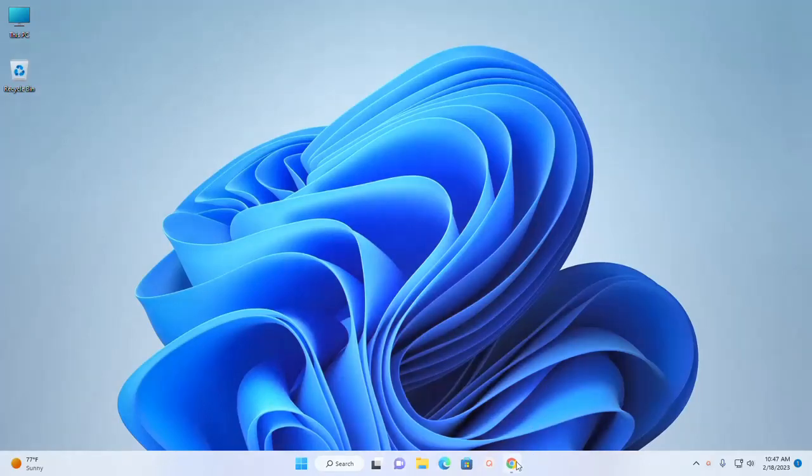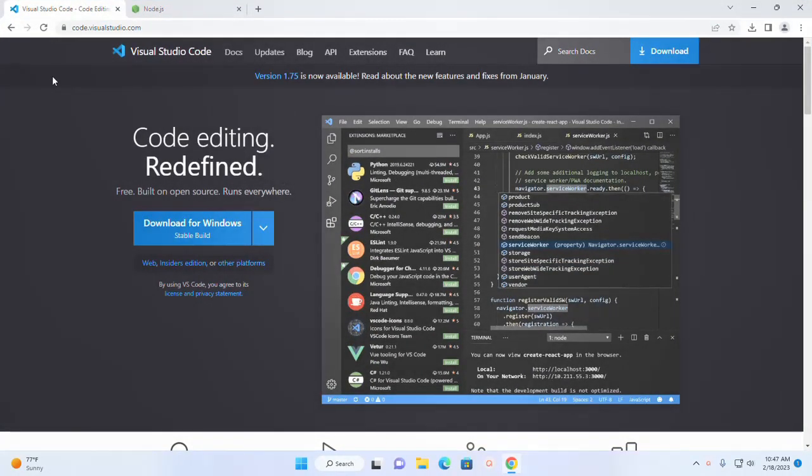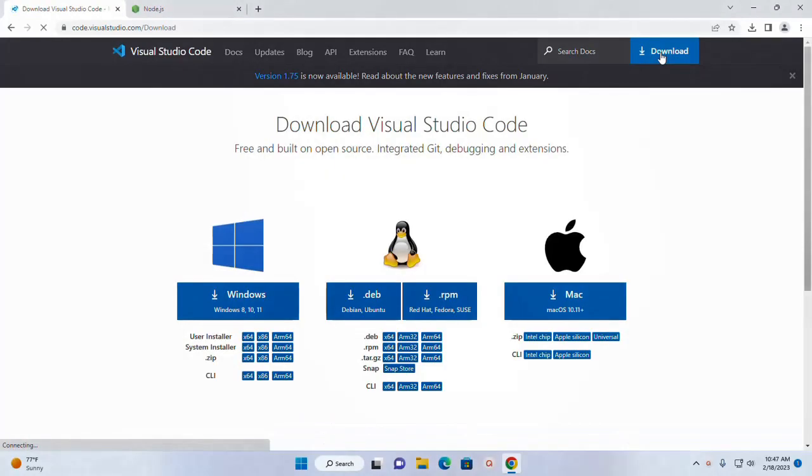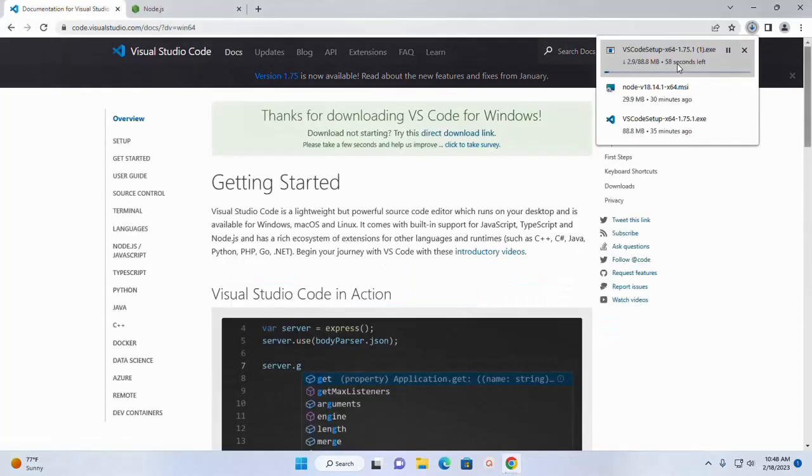Open your favorite web browser and browse this URL code.visualstudio.com and then click here and download Visual Studio Code for Windows 64-bit operating system. Download the system installer file. Click here. I already have downloaded it on my machine,